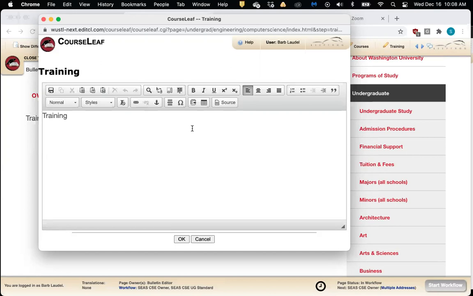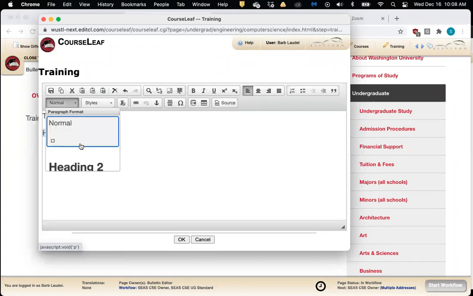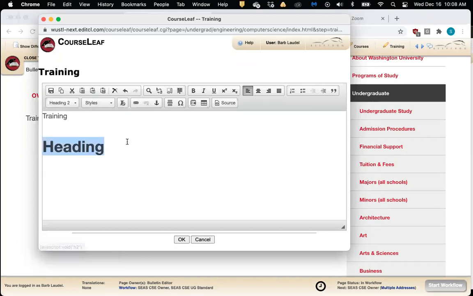Okay, so I'm back here in the pencil icon, or in the page body editor. A few things you'll want to know about in terms of the formatting, and I'll start with headings. If I wanted to make a heading on a page, you want to make sure that it is formatted correctly. The way to do that is to go over to this drop-down menu right here where it says normal, and then go down and select heading 2.